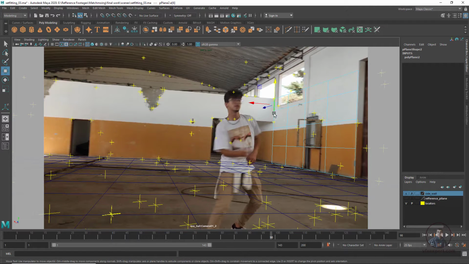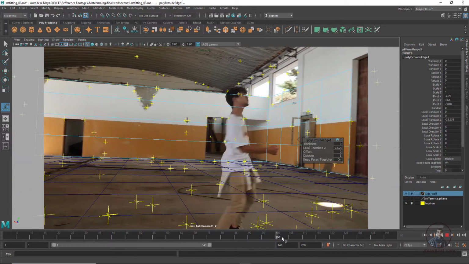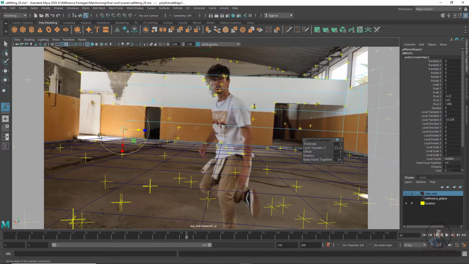So select these edges, then click on extrude here. Now extrude a little bit here. Now move it a little bit here, so maybe till this point.